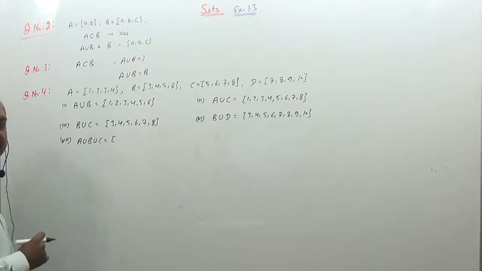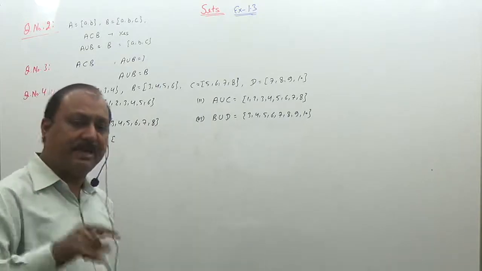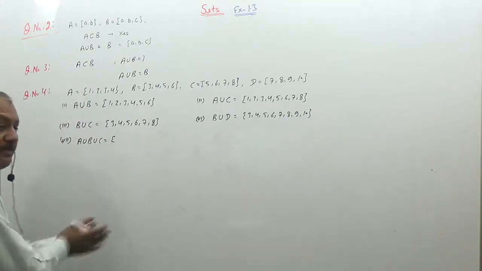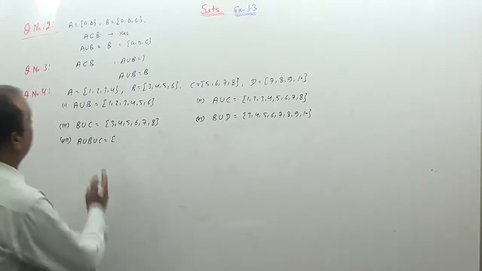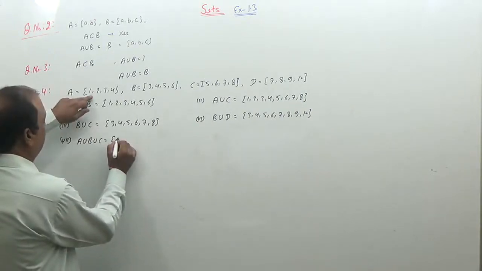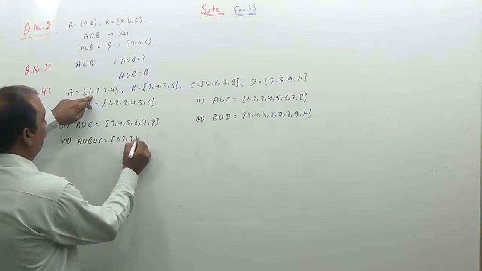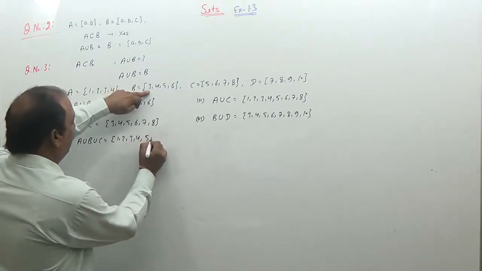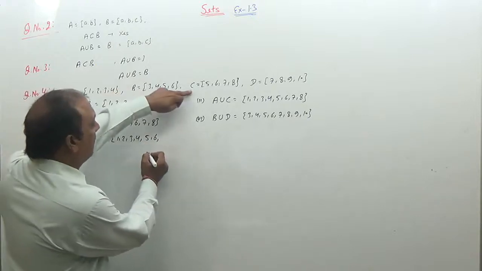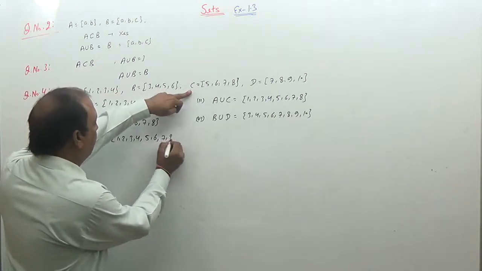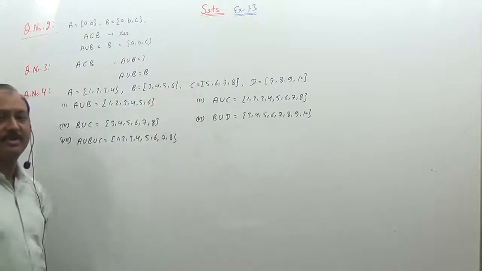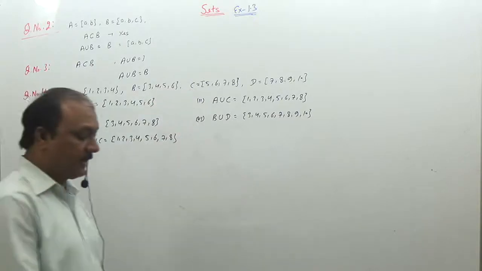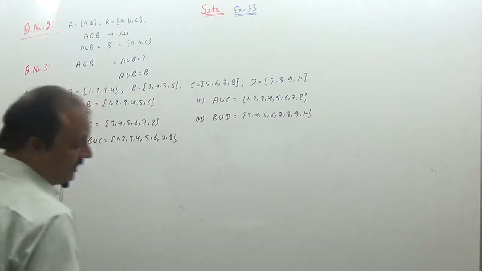This is a set which contains all elements of sets A, B and C. जिसके अंदर A के सारे एलिमेंट आ जाएं, B के सारे एलिमेंट आ जाएं, C के सारे एलिमेंट आ जाएं। तो A के सारे एलिमेंट लें 1, 2, 3, 4. फिर आप B के सारे एलिमेंट, 3 4 आ चुका है, 5 और 6, फिर C के सारे एलिमेंट लें, 5 6 आप ले चुके हैं, 7 और 8. So this one is the A union B union C.